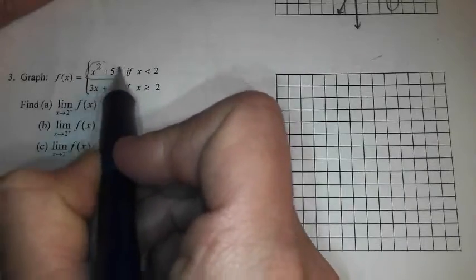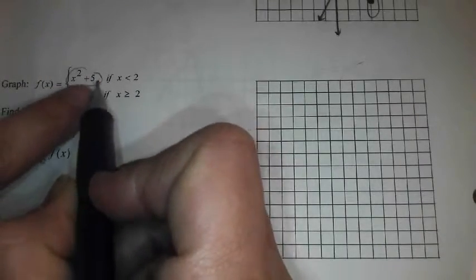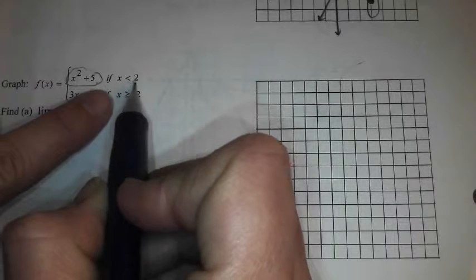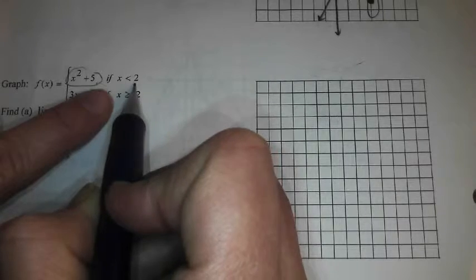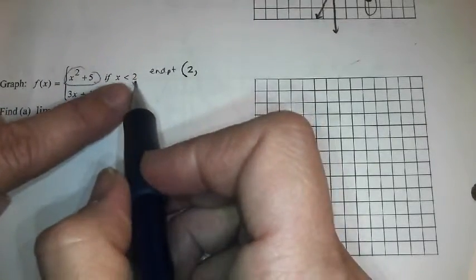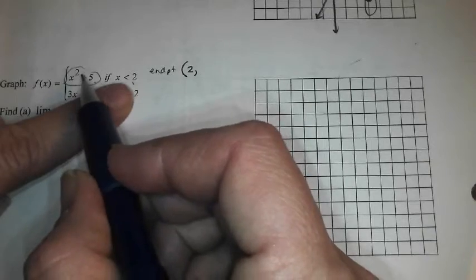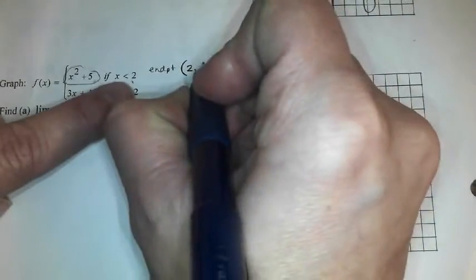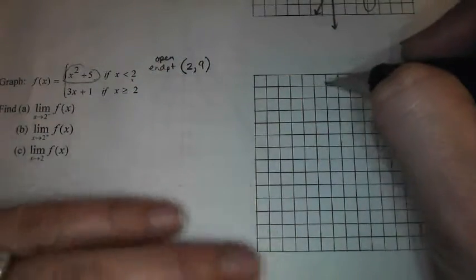We want to graph this parabola anytime x is less than 2. So this graph is going to go up until 2, but not including 2. So it's going to be 2 with an open circle, essentially. So the endpoint is 2 comma 9. Andrew says we trust him. He just plugged in 2. 2 squared is 4. 4 plus 5 is 9. It's an open endpoint at 2, 9, which,